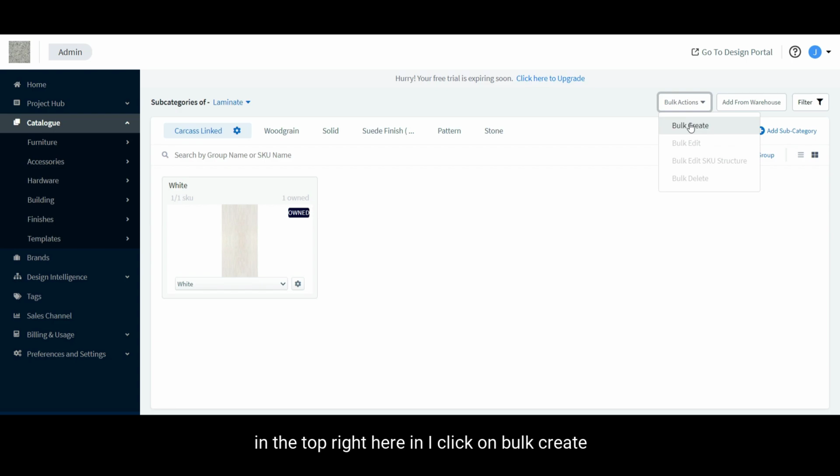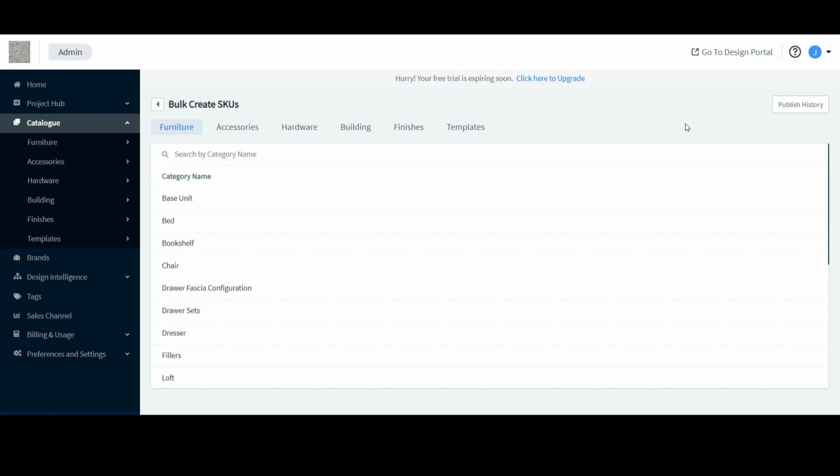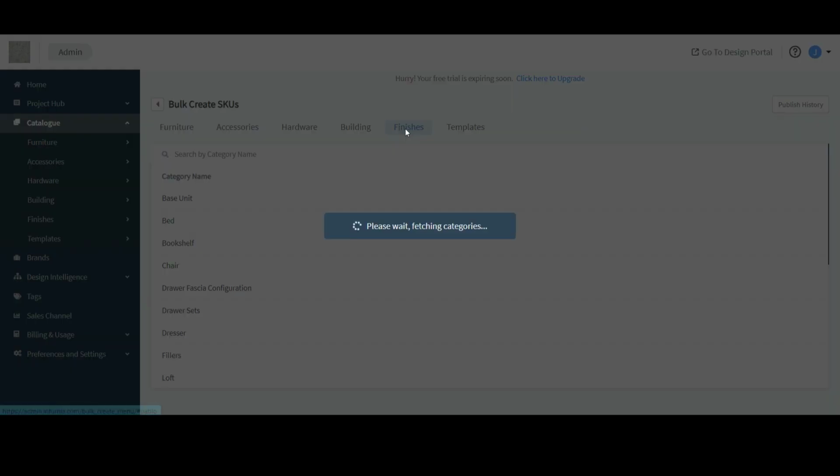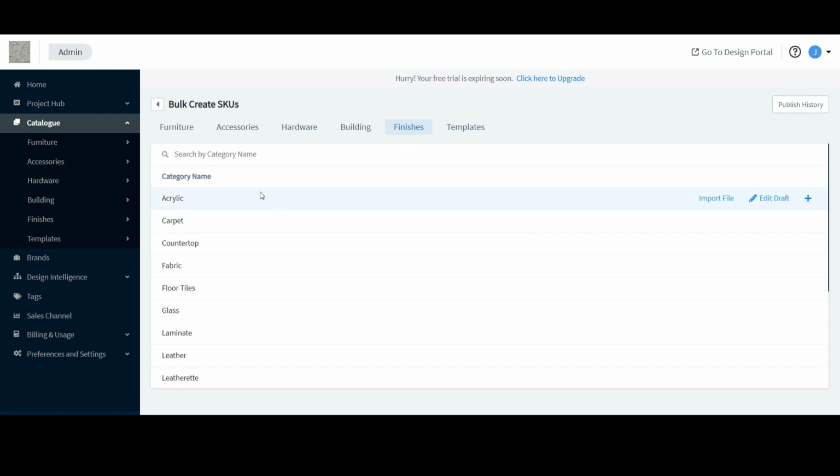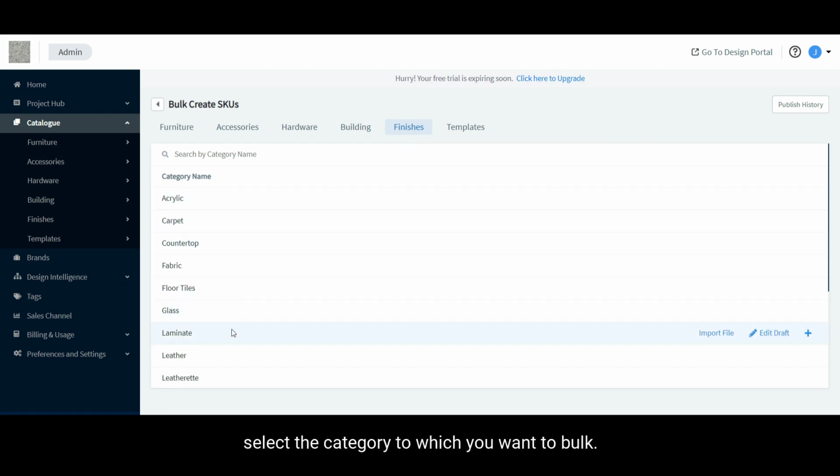I select laminate and then I click on bulk actions in the top right. Herein, I click on bulk create, and now ensure that you select the correct category, in which case is finishes. Once there, select the category to which you want to bulk add these multiple finishes. In this case, I will navigate to the laminate heading,